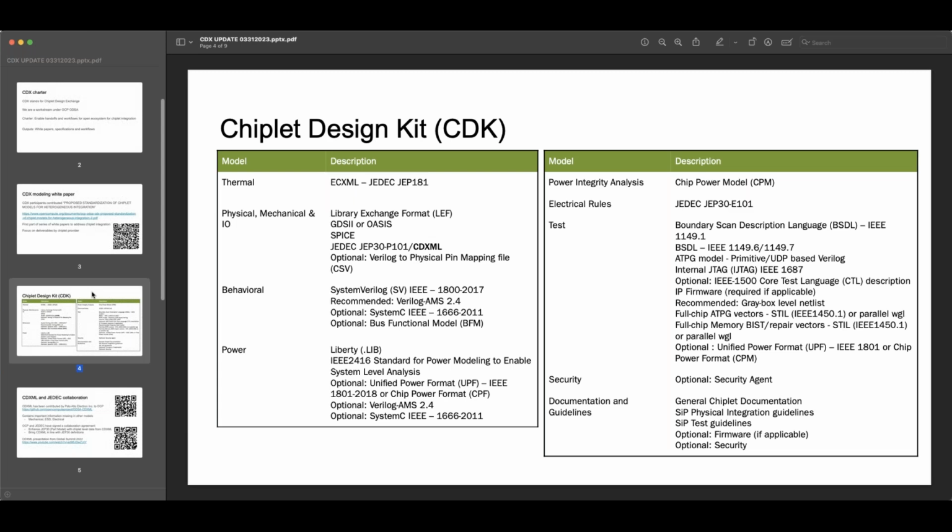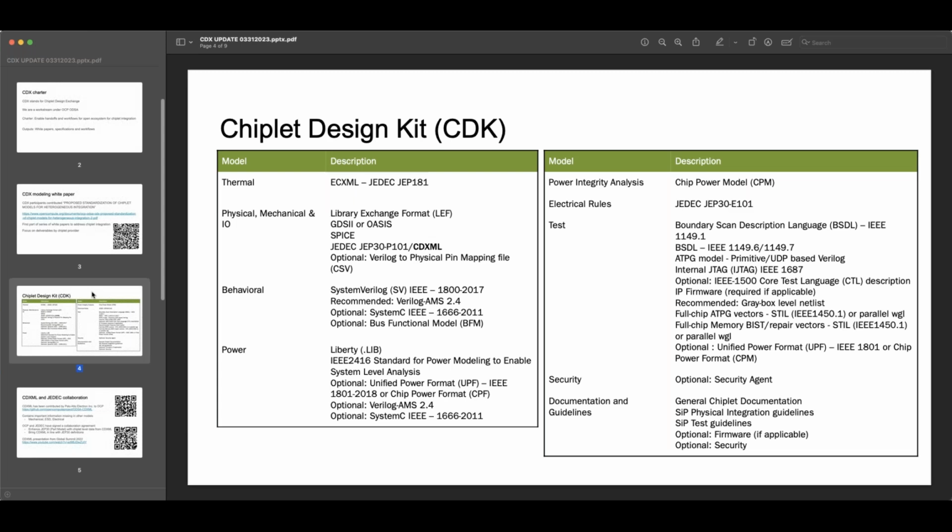The checklist specifically says for specific chiplets what models are available, which would be a subset of this. Right, this is the superset of all models.